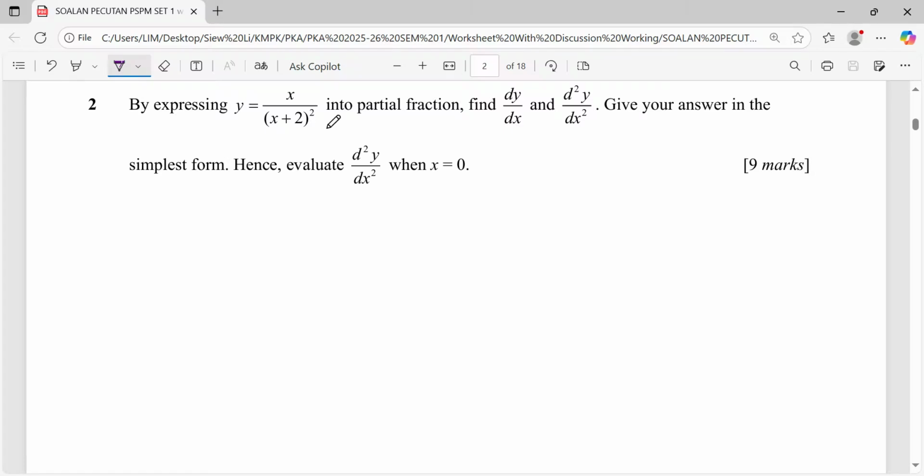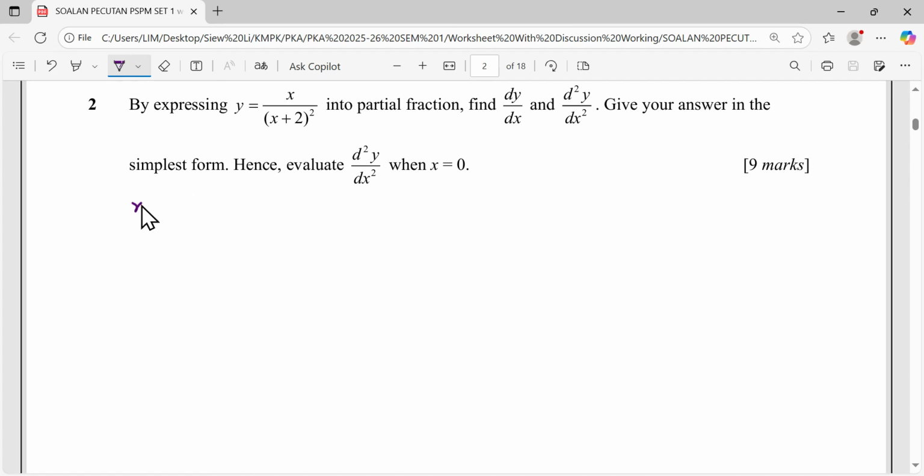Hi everyone, for this question they say by expressing y equals x over (x plus 2) squared into partial fraction, we're going to find its differentiation dy/dx and d2y/dx squared. Give your answer in the simplest form, hence evaluate this d2y/dx squared when x equals 0. Firstly,